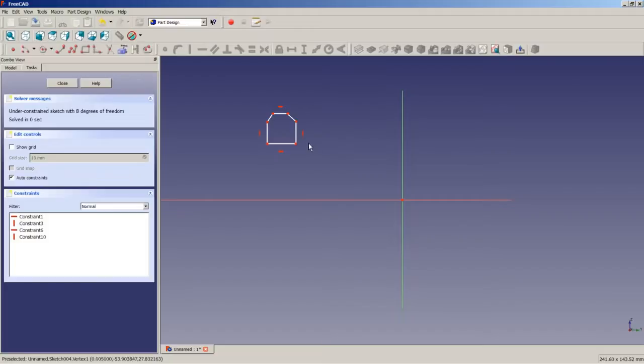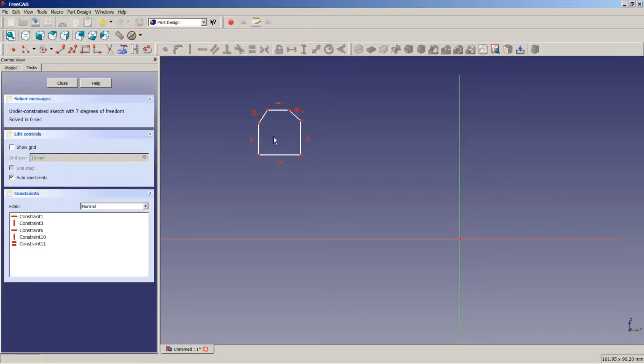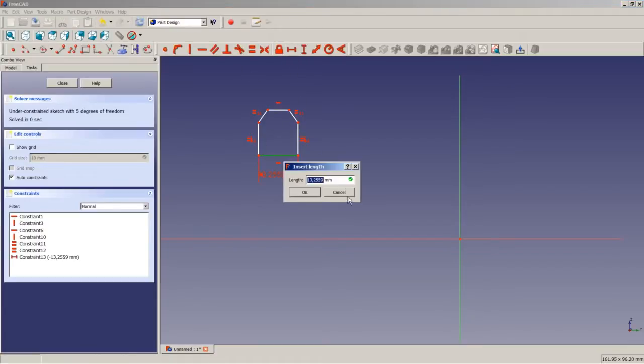and then back to the first point with a horizontal line here. Okay, so now we apply equality to these two chamfers, and we apply equality to these two vertical lines. We then apply a horizontal dimension constraint to this line. We will use 20 millimeters